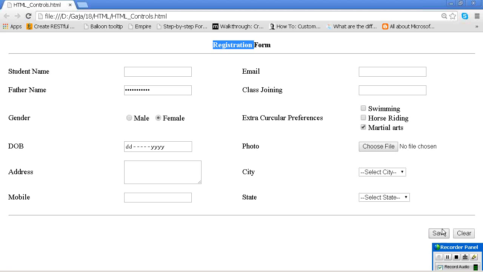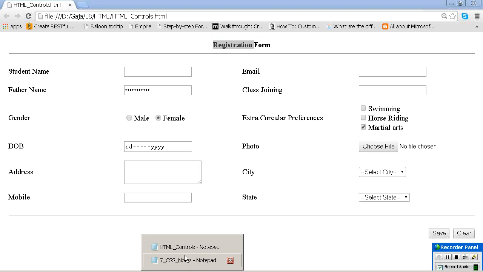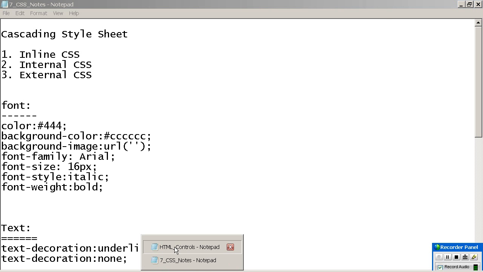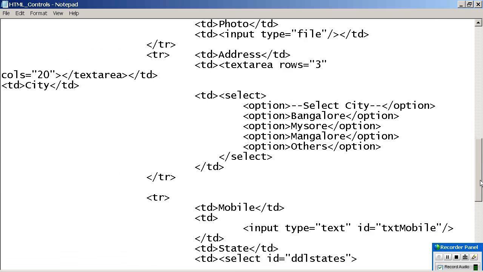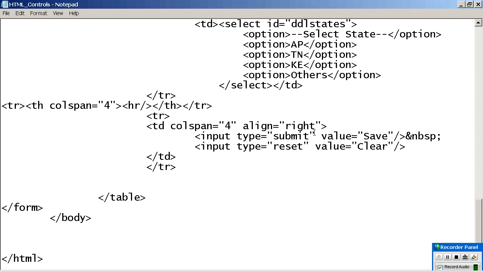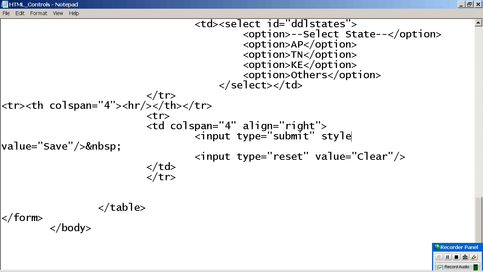I want to change the background color of the button. Are you understanding? In such a situation, what will I do? This is the button, right? So far we have been using width equal to 100%, height equal to 100%, width equal to 50 pixels, like that. From now onwards, whatever styles or attributes you want to write, please make sure you write them within this. This way of writing the code is called the inline style sheet.